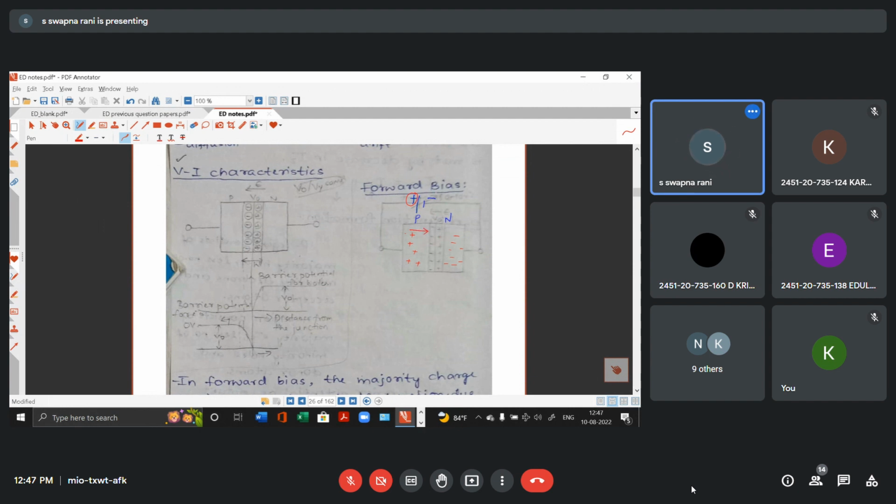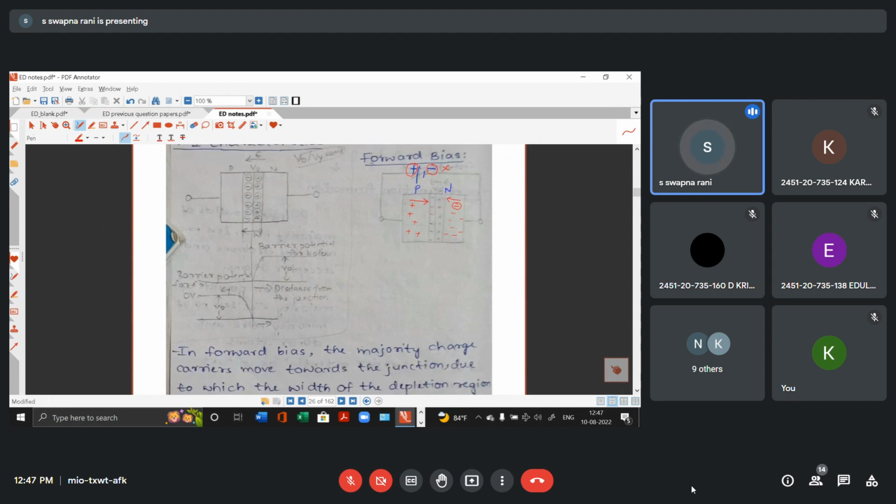ఇక్కడ చూడండి, similarly because of this negative potential connected to the n-type, electrons also are negatively charged particles. So these electrons will get repelled by this negative terminal of the battery and repel అవుతున్నాయి కాబట్టి ఇంకెటువైపు మూవ్ వెళ్తాయి? The other option is they will be moving towards the junction. సో అవి జంక్షన్లోకి మూవ్ అవుతున్నప్పుడు ఇక్కడ చూడండి,